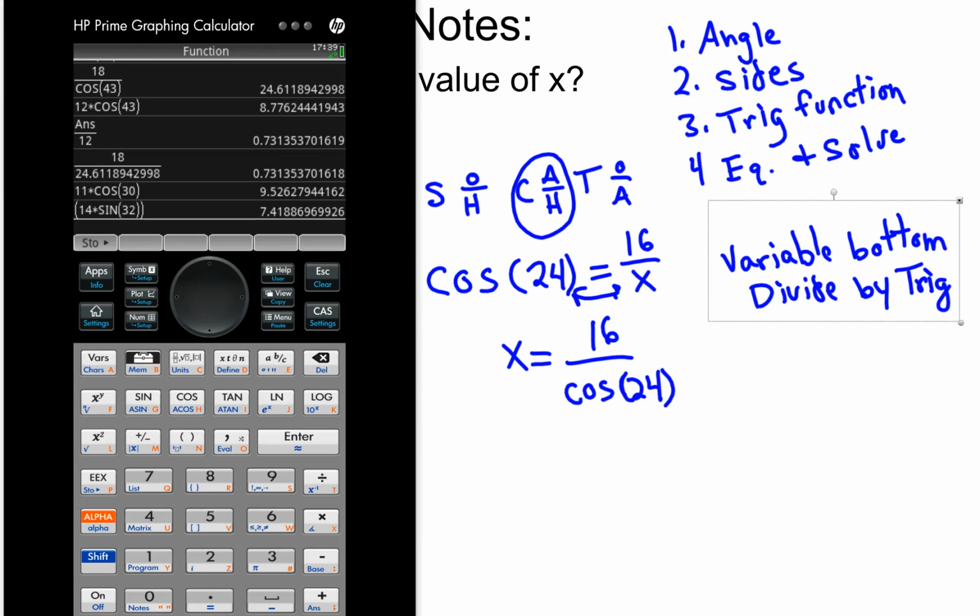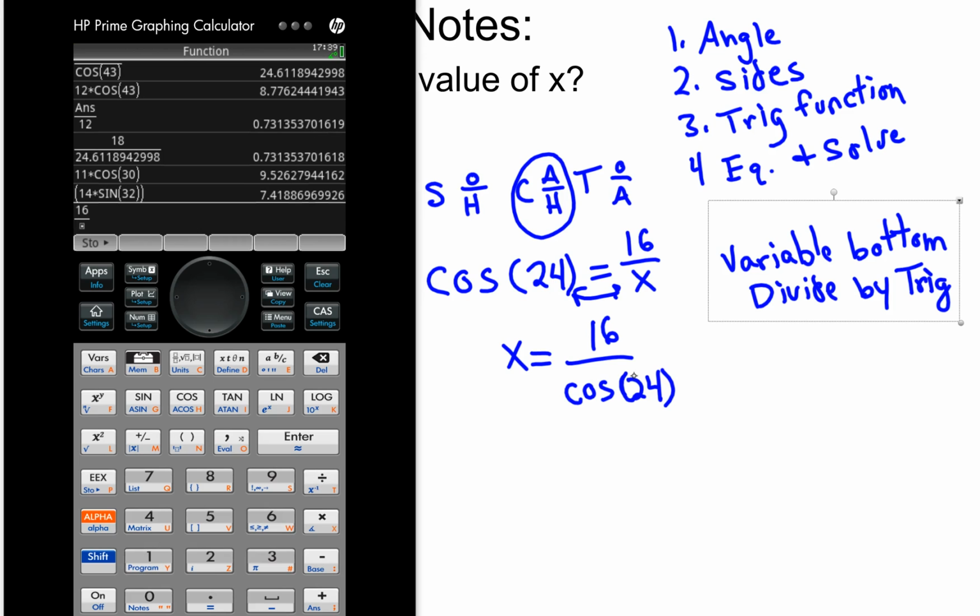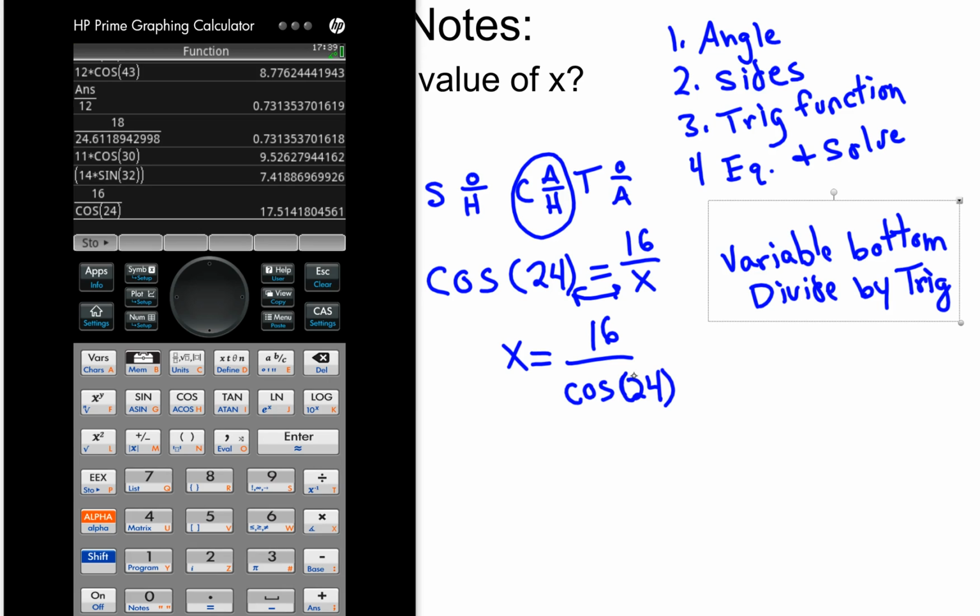So from here, all we need to do is take that and put it in our calculators. So we have 16 divided by the cosine of 24. So that's exactly what I'm going to write in the calculator. I'm going to press 16 divided by cosine 24. Close the parentheses, hit enter, and we should get that,